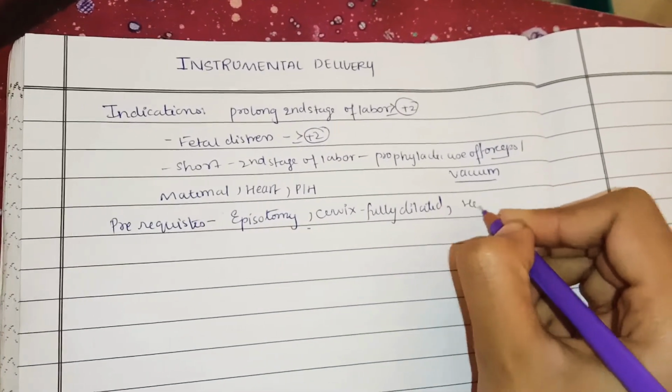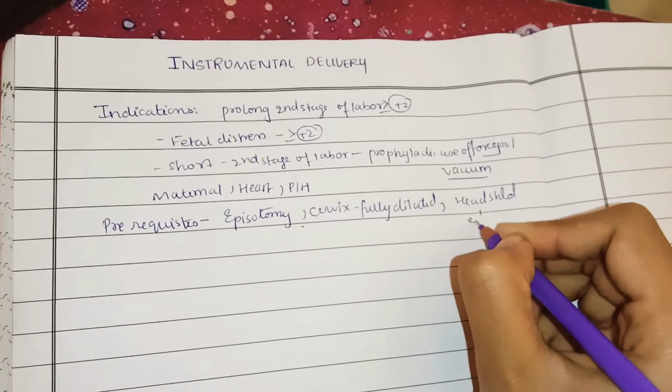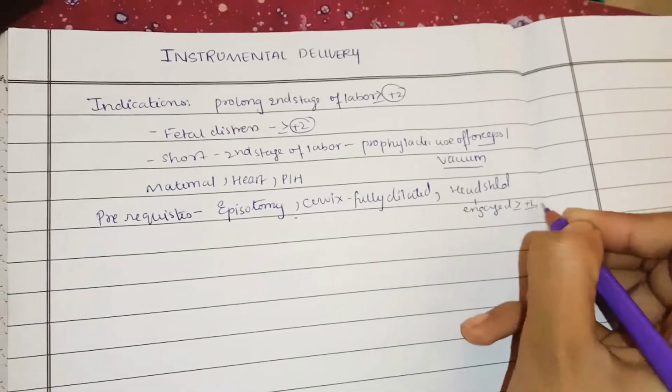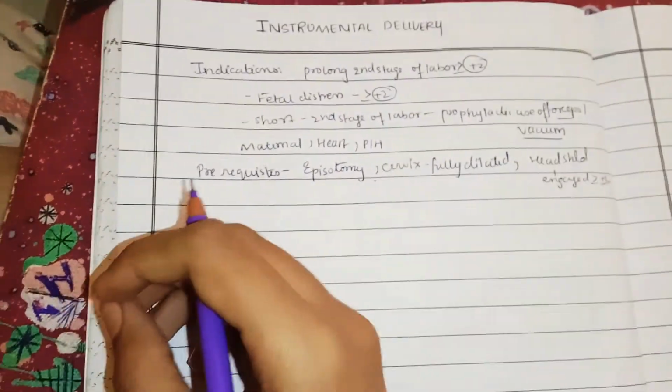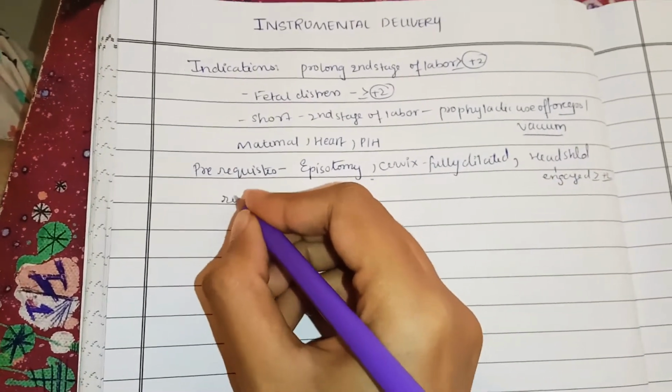And the head also should be engaged. That is the main important thing. The head should be engaged, that is greater than or equal to +2. We have discussed this point now thrice, right? So the head should be rotated. This is one more important thing. The head should be rotated,